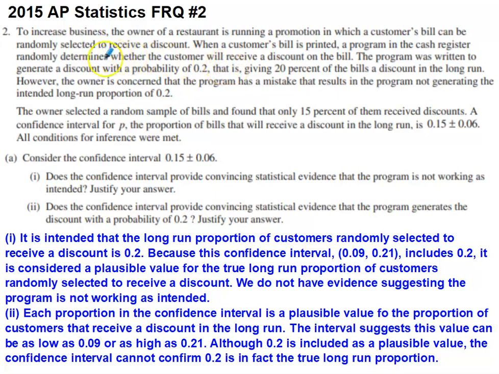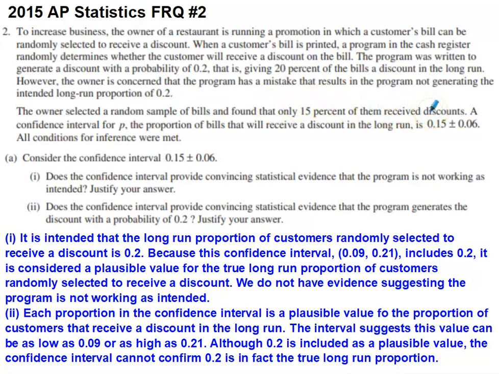bill. The program is intended to generate a discount with a probability of 0.2. So 20% of the bills should receive a discount in the long run. The owner is not convinced that that's actually happening. So he thinks there's an issue with the program and that the intended long-run proportion of 0.2 is actually not being attained. So the owner selects a random sample of bills and found that only 15% of them got the